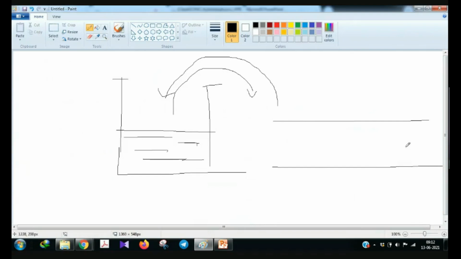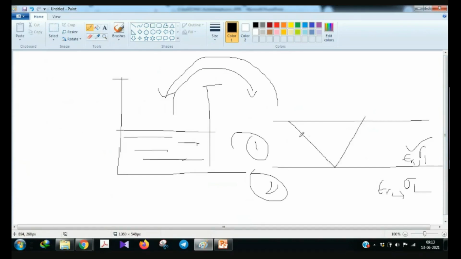Let's say this is the first layer, of a different dielectric constant and different conductivity. Let's say this is sigma 2 and epsilon r2. This is a totally different layer. So layer 1 and layer 2, and this is the boundary of layer 1 and layer 2. What will happen? This GPR signal will be reflected from this boundary and will be received at the receiver position, and this is how reflection profiling is done. Okay,